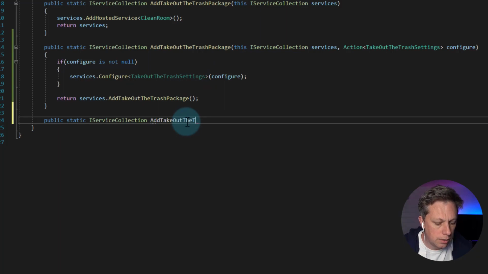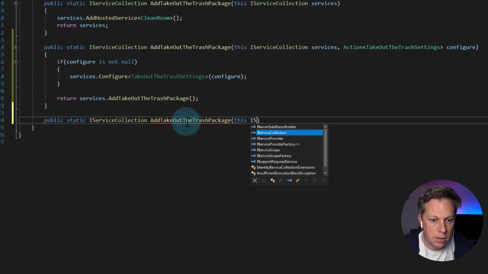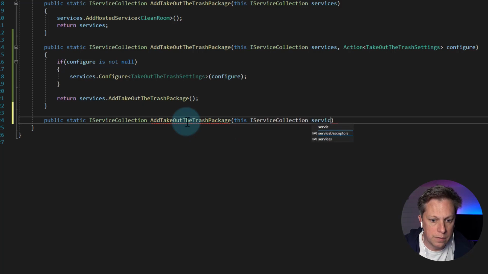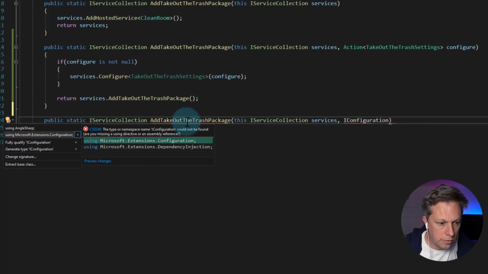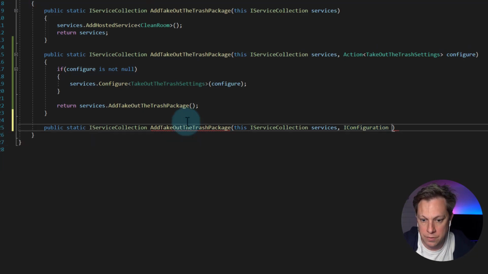Take out the trash package, and this IServiceCollection services, and this one is going to take in an IConfiguration, and not from AngleSharp. This is going to be from Microsoft's DI or configuration stuff, as far as I know,